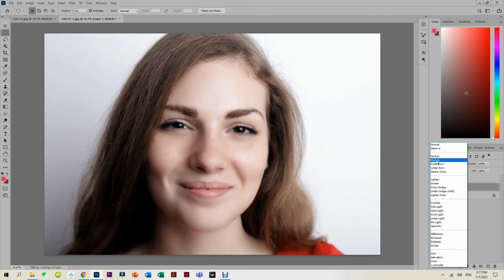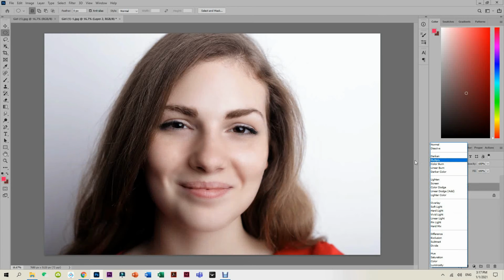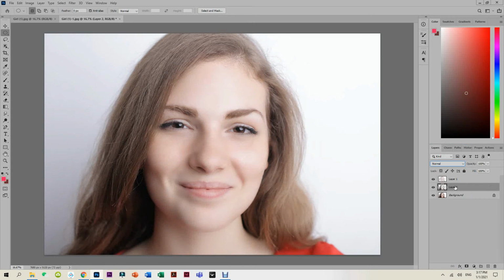some people would say do the multiply. And then if I put a multiply, and then you can see it's too dark. It's too dark. So I would go to normal, but